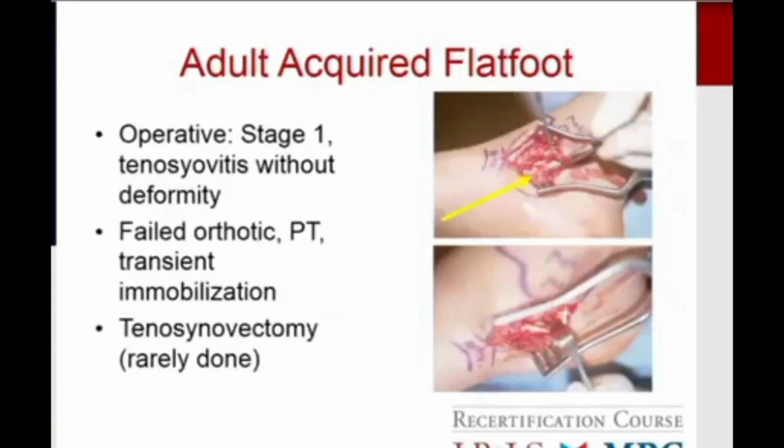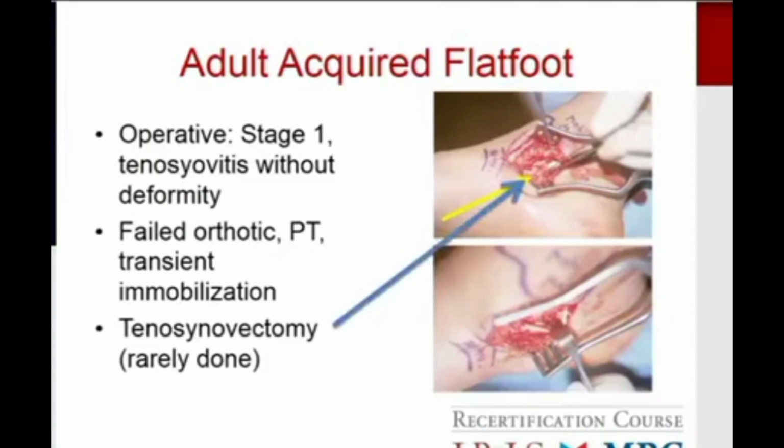If we have simple tenosynovitis or something where there's inflammation in the tendon itself, we can do a tenosynovectomy. I will tell you that that's extremely rare. You have to give these patients about 6 months of physical therapy before you put them into that category. Those patients have failed orthotics, they've failed physical therapy, they've failed transient immobilization, and when you do a tenosynovectomy, you're